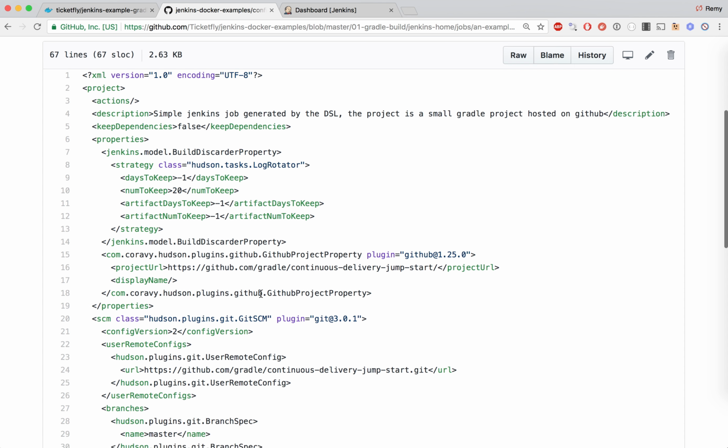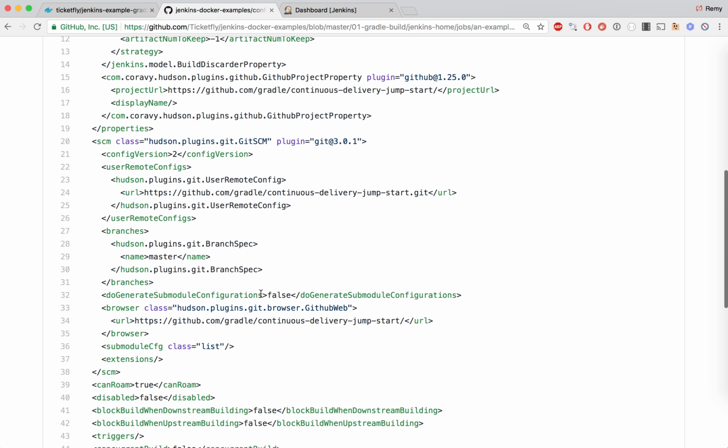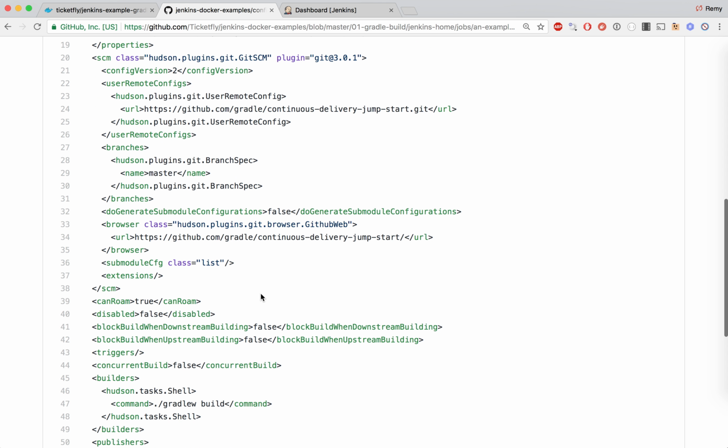That file is a configuration file, and that file will define what the job does and how to build the project. So in that case here, we can see this is a GitHub repo that we are cloning, and to build a job, we do a Gradle build, and then we store the test in the test result folder, and we can use the test result plugin to see that test output in Jenkins.